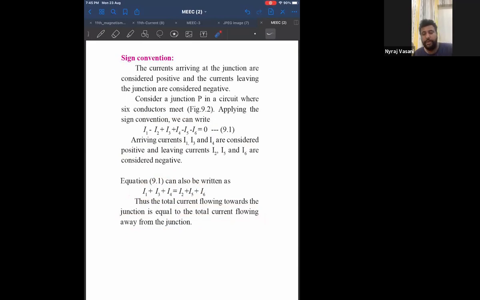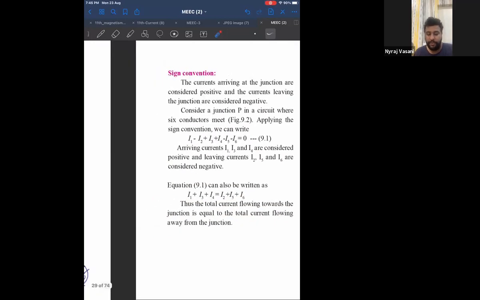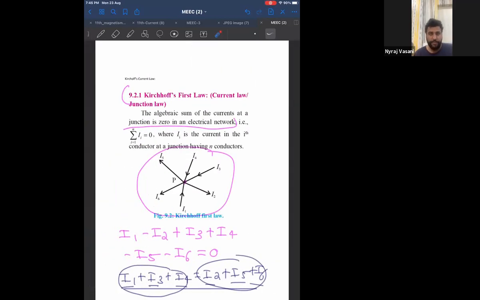Correct. Therefore, understood this. Therefore, you have written the law. Below that, draw this diagram and write the two equations that we have written on the screen. Draw this and then write down the two equations below the diagram.